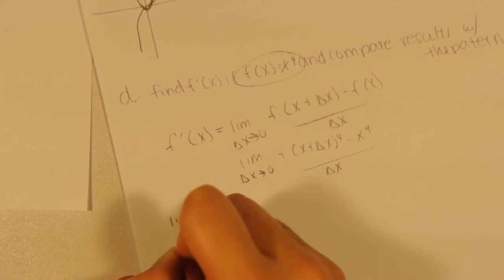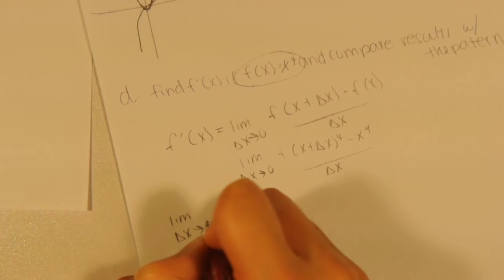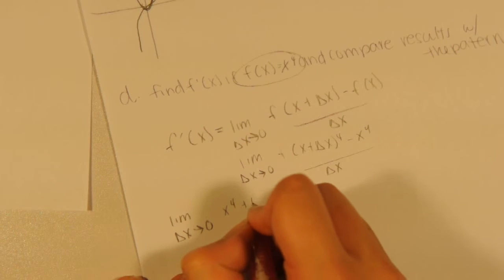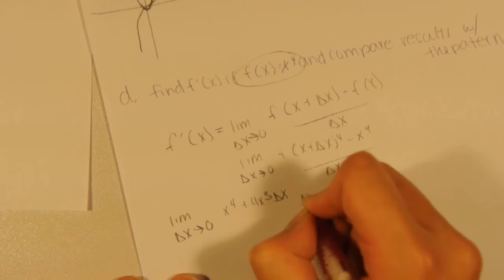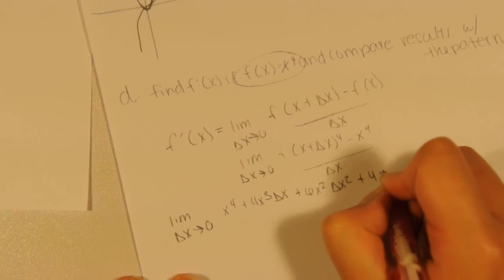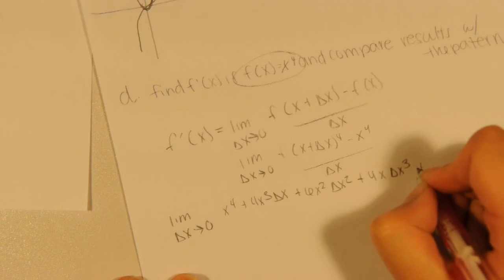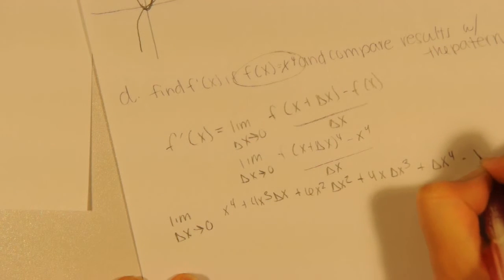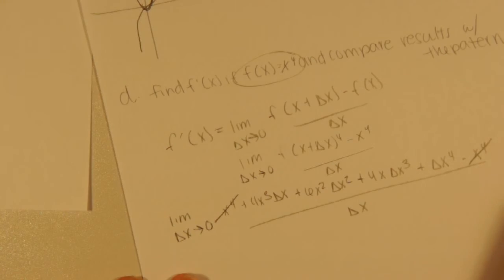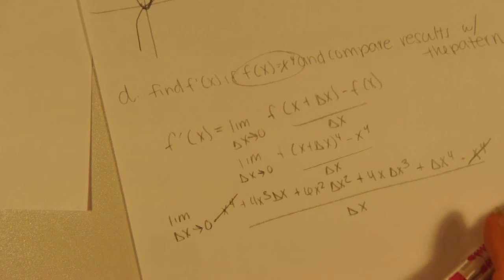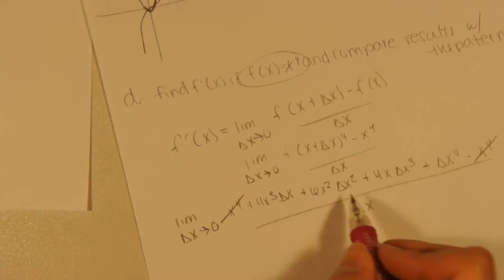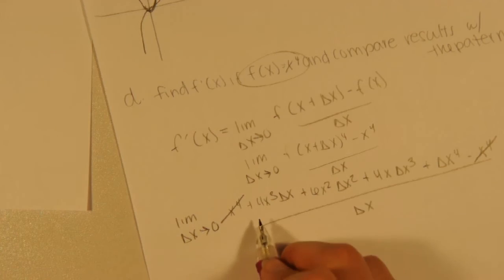The limit as delta x goes to 0 is going to be equal to x to the fourth plus 4x cubed delta x plus 6x squared delta x squared plus 4x delta x cubed plus delta x to the fourth minus x to the fourth over delta x. And that's using Pascal's triangle, and then you can get rid of those because they cancel out, and then you want to factor out a delta x,